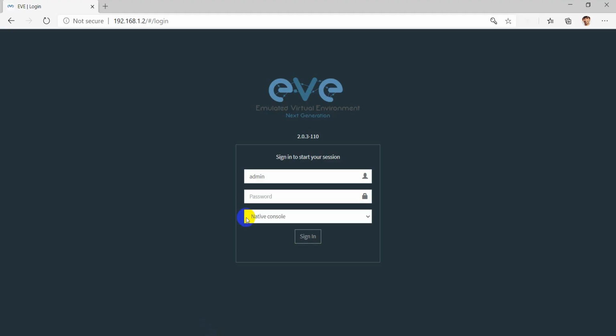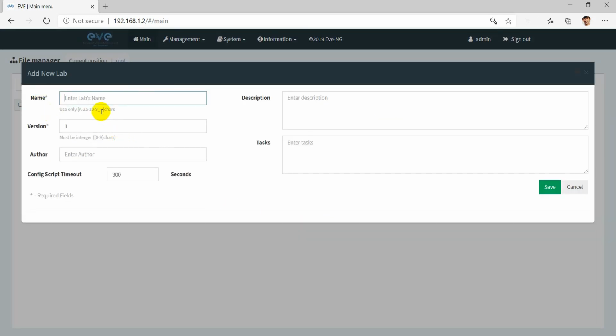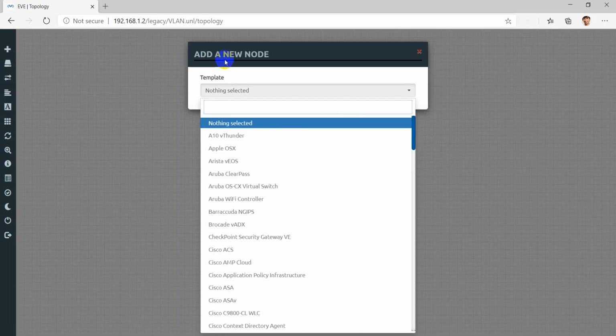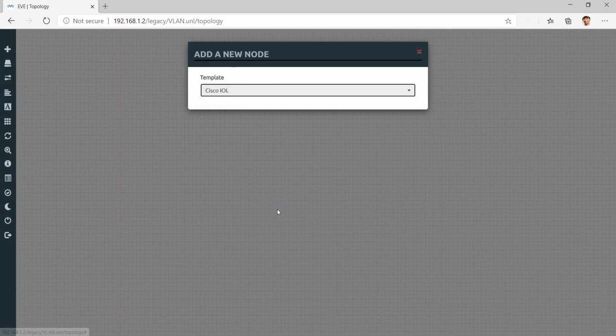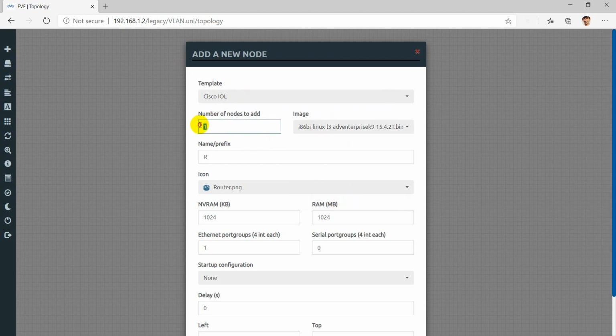So coming on to EVNG, we'll create a lab. I'll import some PCs. Let's take 6.